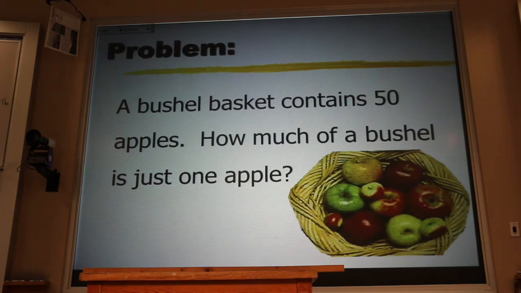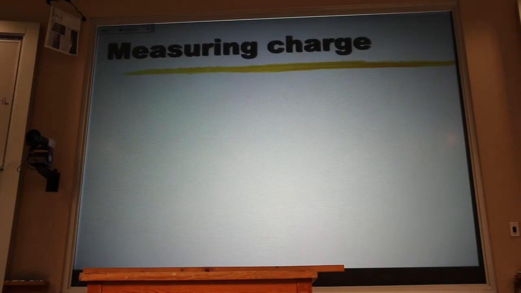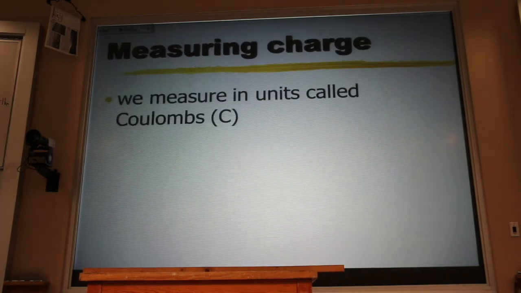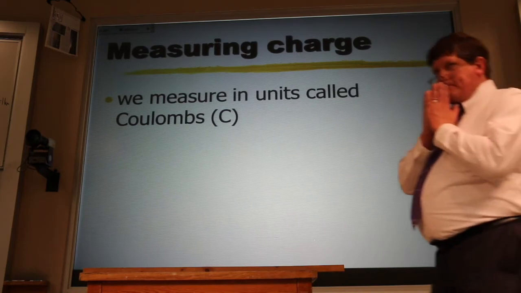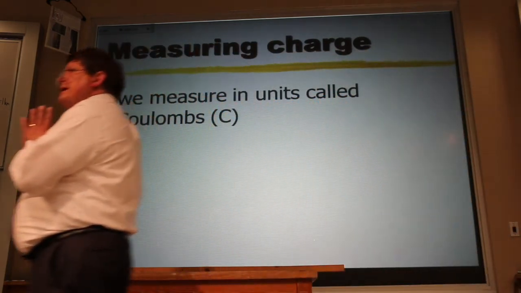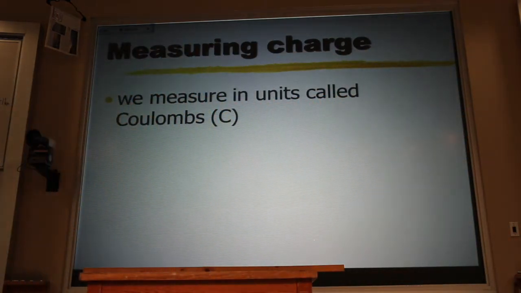Hold that thought. It turns out that when we're measuring charge, we use a unit called the coulomb. Now the coulomb is a huge amount of charge. If we had 1 coulomb of charge in this room, it would destroy the city of Bozeman. There would be lightning and thunder and just mass destruction, cats and dogs living together, Armageddon. Okay? Now, why did we choose a unit that was so